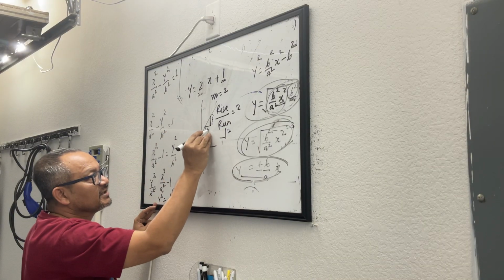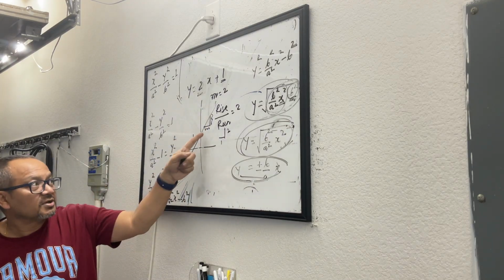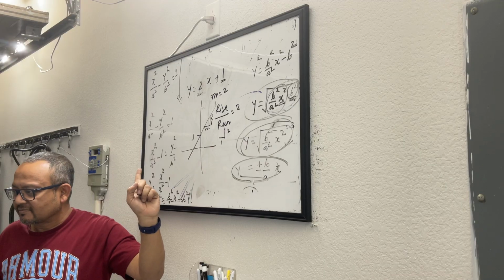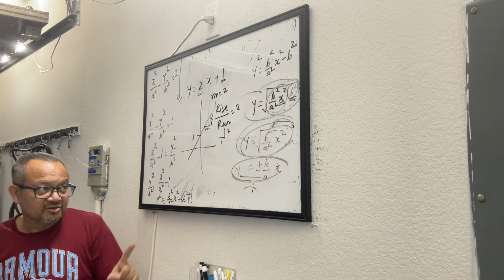This is a rise, this is a run. So pick any 2 points and you can find the rise over run, and that is the slope. Everybody okay so far? Vijay,